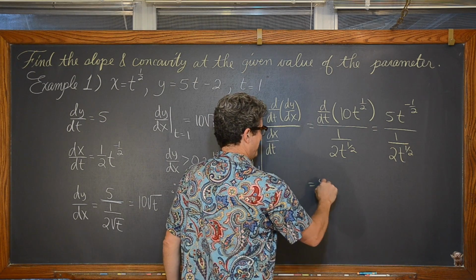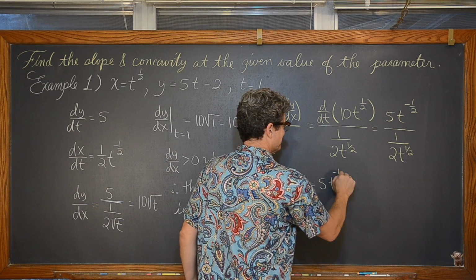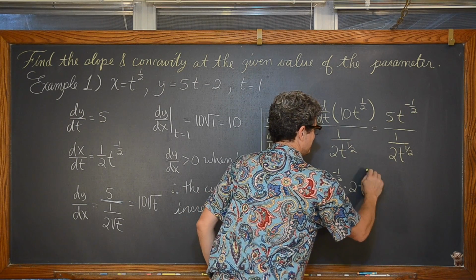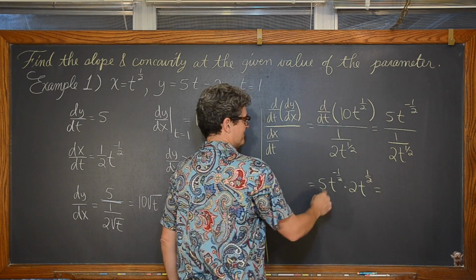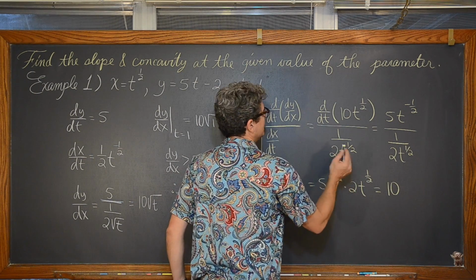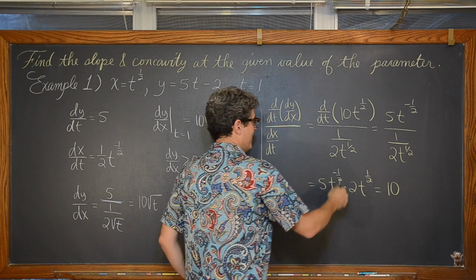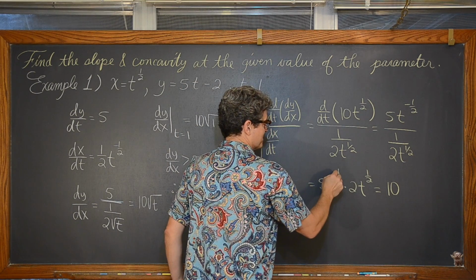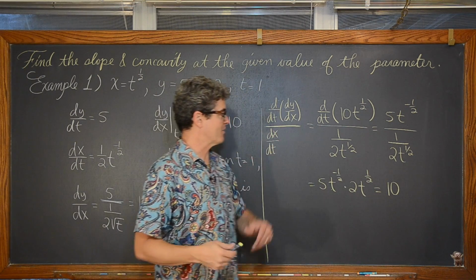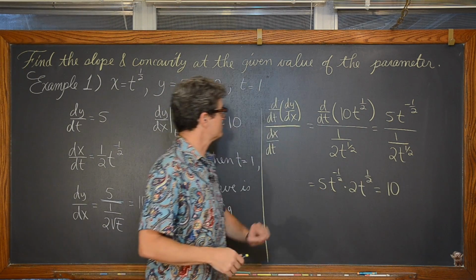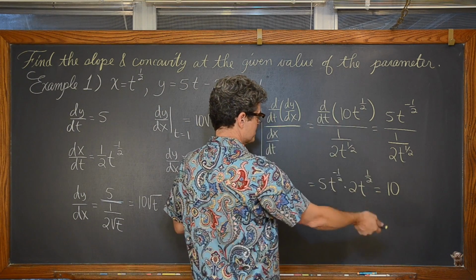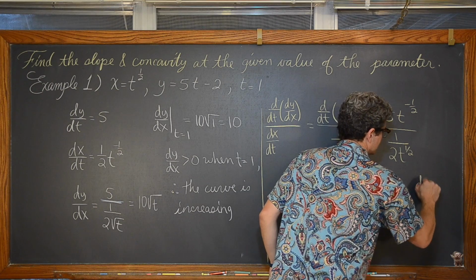Okay, at any rate, we have 5 times t to the negative 1/2 times, bringing this up, 2 times t to the positive 1/2, and 5 times 2 is equal to 10, of course, and when you multiply like bases, the negative, which I wasn't catching in my head, so I thought I was making a mistake because I know this is going to cancel out. Negative 1/2 plus 1/2, of course, is going to be 0. T to the 0 power is 1. So this is our second derivative.